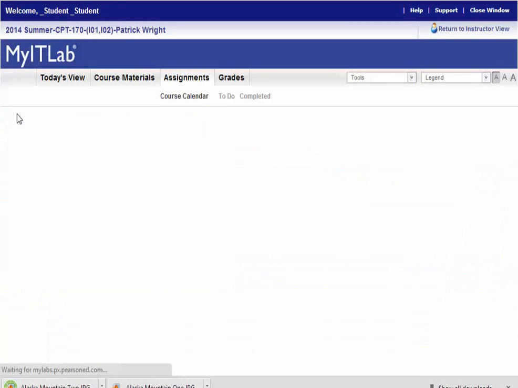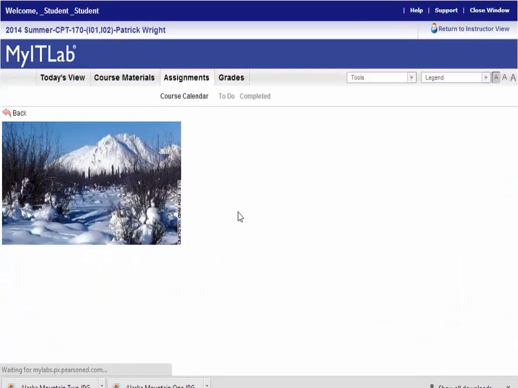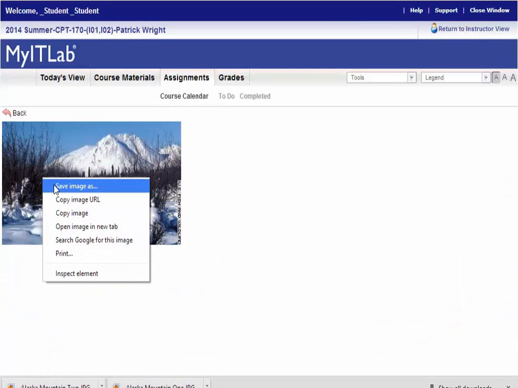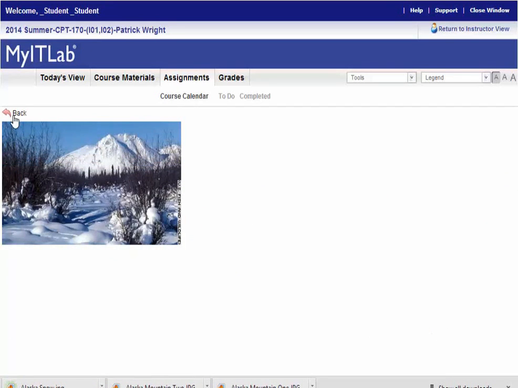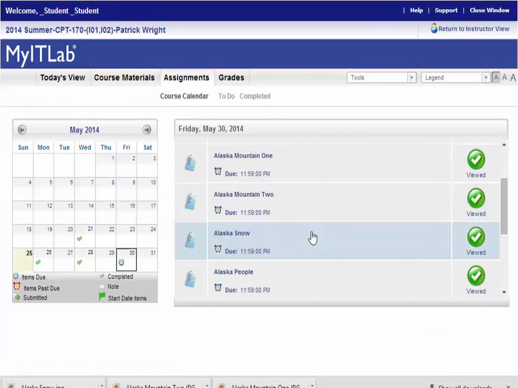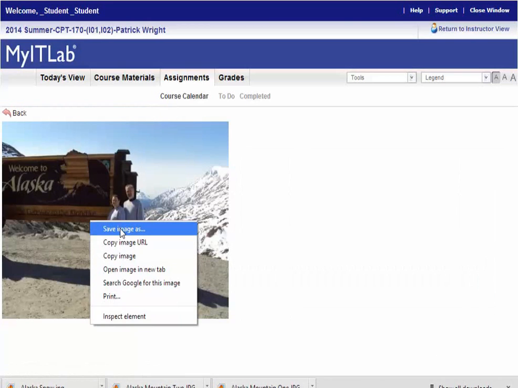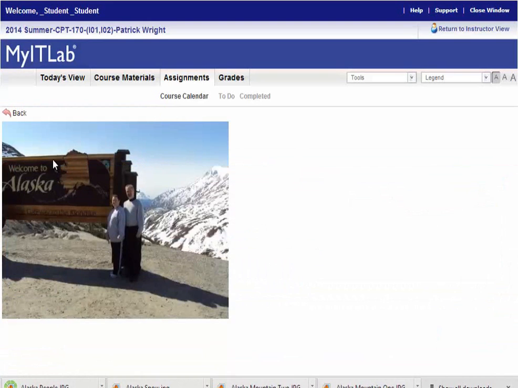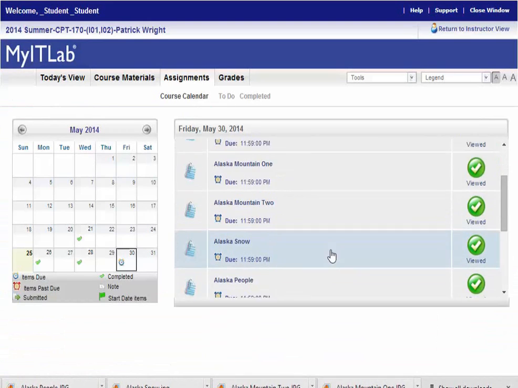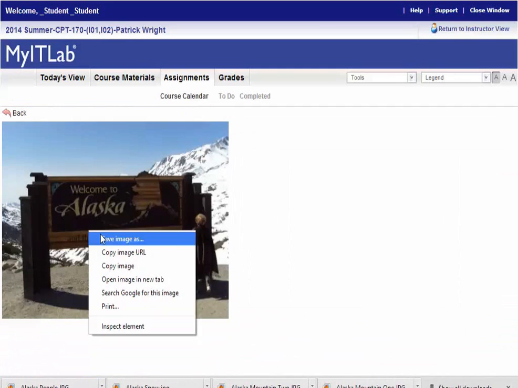I'll hit the back arrow, scroll down, click on Alaska Snow, right click on that, Save Image As, hit Save, go back. Alaska People, click that, right click, Save Image As, just hit the Save button, back. And the last one, which is Alaska Welcome, right click, Save Image As,